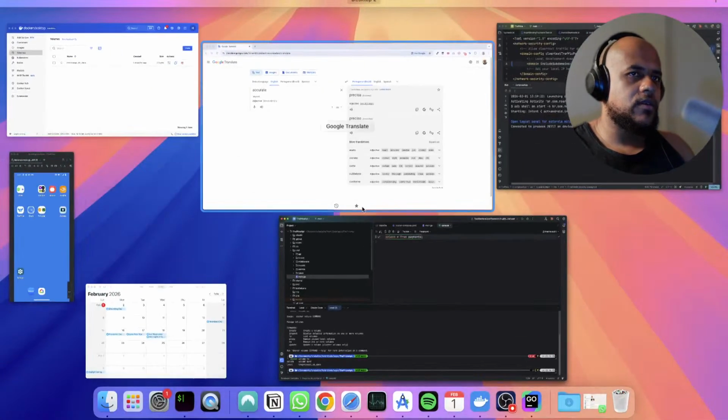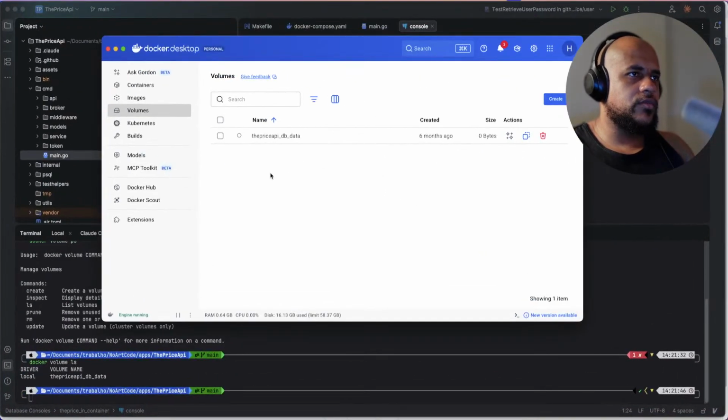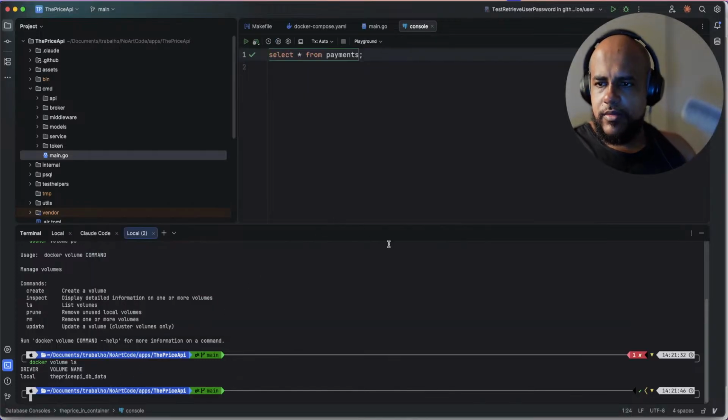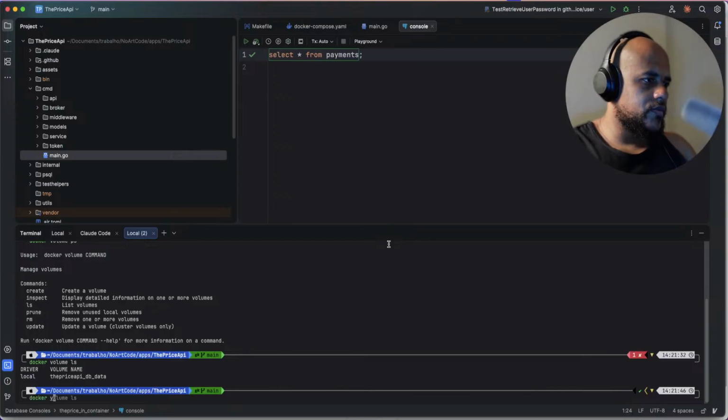Okay, so this is the only volume we were using actually. Let me remove this. Docker volume remove